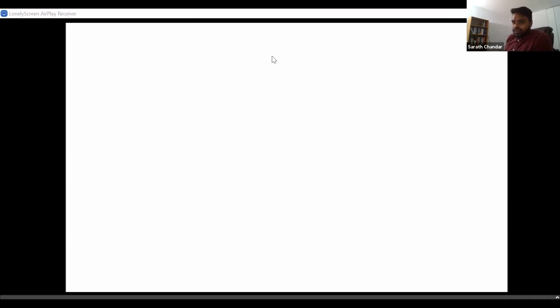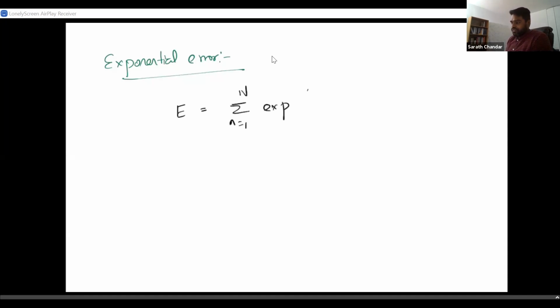So now, to explain how boosting works, we need a new type of error function, which is the idea of exponential error. Let me first define the exponential error function. As the name suggests, it is just the exponent of the error. So E is equal to summation over n equals 1 to capital N, exp of minus t_n f_m of x_n. Now this is my error, where